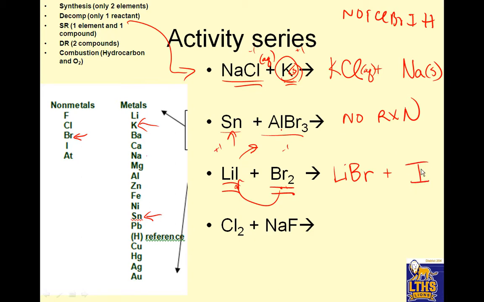Iodine gets kicked out. So then we check. Iodine is one of our diatomics, so we need that there. Then we need a coefficient of 2, a coefficient of 2, and then we do states. Iodine is the solid diatomic. All right, LiBr and LiI